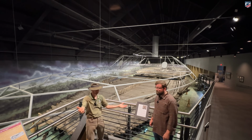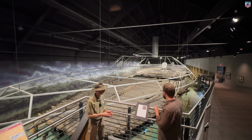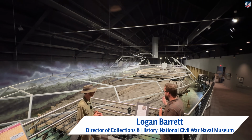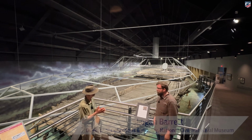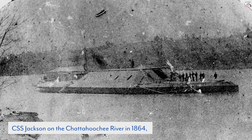All right, here we are in one of the galleries. Logan is going to take us around here. What are we seeing here? Yeah, so here we're seeing the remains of the CSS Jackson. It was an ironclad ram built right here in Columbus, Georgia, at the Columbus Naval Iron Works and Confederate Navy Yard. It was in production for 2 years, beginning in 1863 and right up until the very end of the